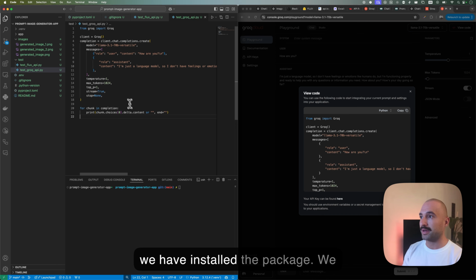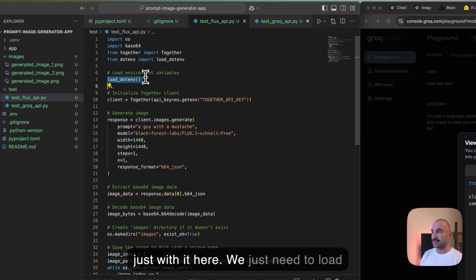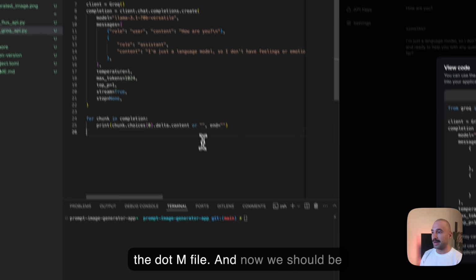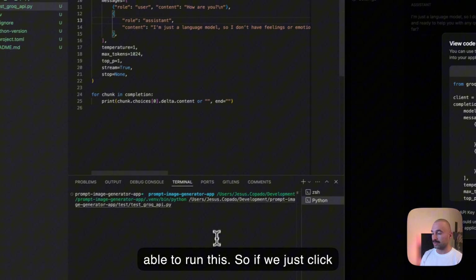and we have installed the package. We just, as we did here, need to load the .env file, and now we should be able to run this. So if we just press Control R,